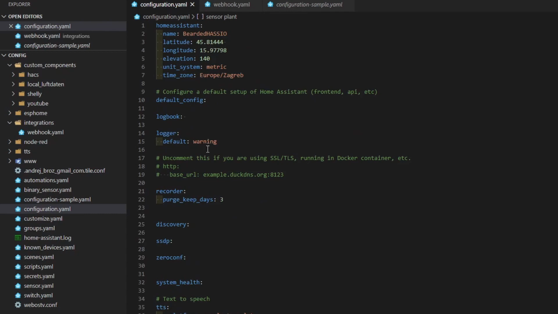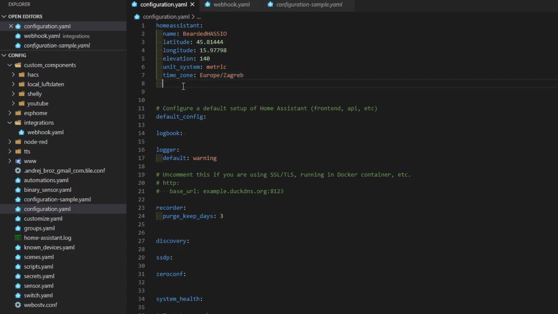But what would happen if I would now test my configuration or restart the system? Well, nothing, except I would lose my webhooks. Why? Because I didn't specify to Home Assistant where these files are located. How do we do that? On top, inside this part of Home Assistant, you just add packages,